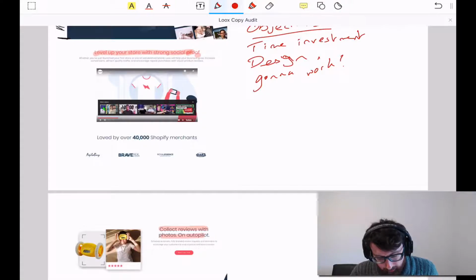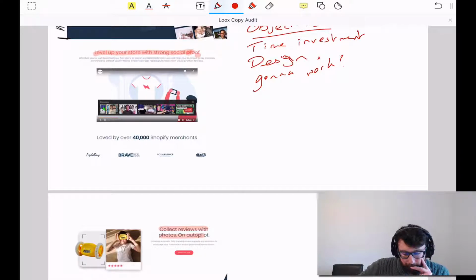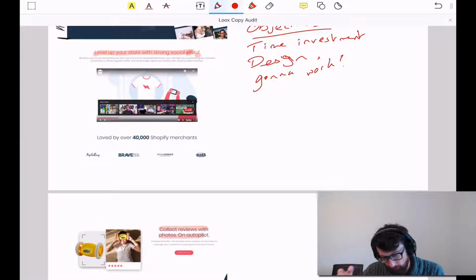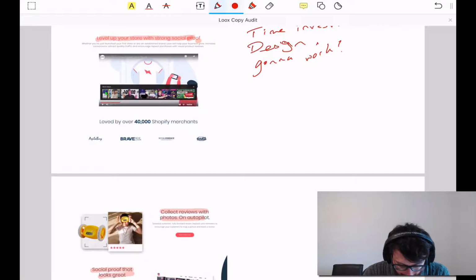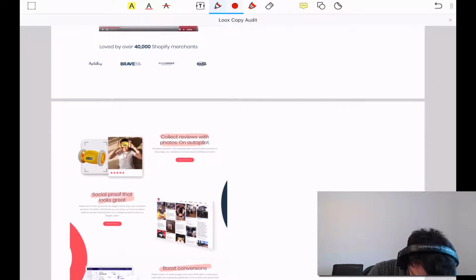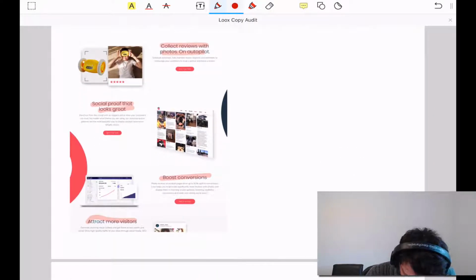Yeah, so I think that generally the headline and the subheads do have that nice hierarchical breakdown. You're making a promise at the top, and these are tied in. Some are weaker than others. I would change reviews that are worth 1,000 words. I would change this one, and I wouldn't change so much this. I'd just reword this one,